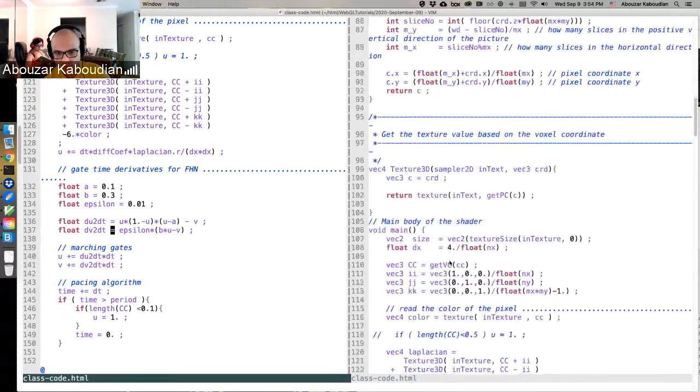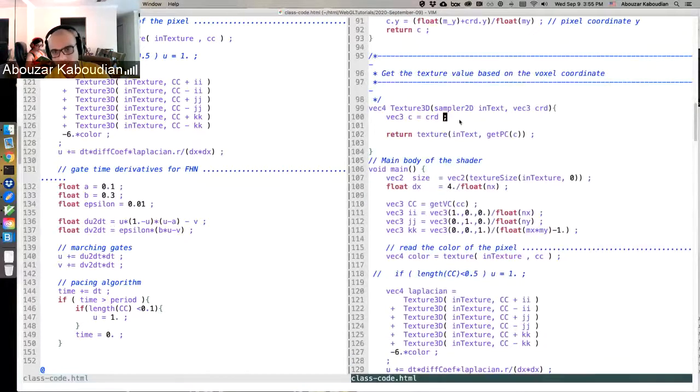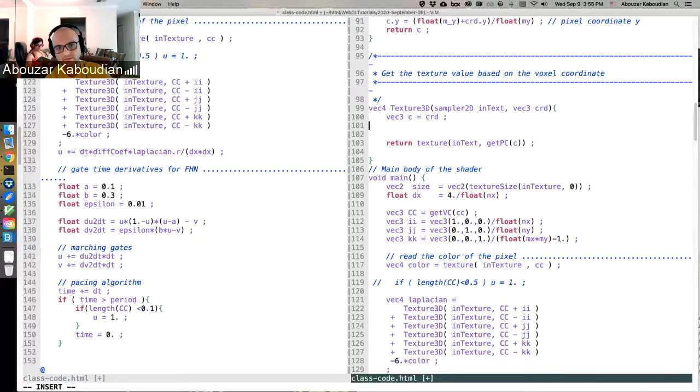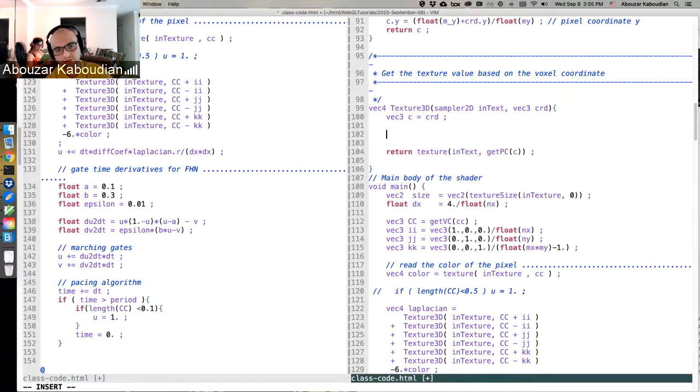So what we need to do is actually apply the boundary conditions, and we can apply the boundary conditions here by making our life a little bit easier by checking whether the voxel is inside. If the voxel is outside, we apply the ghost rules that the filter was doing for us in the 3D